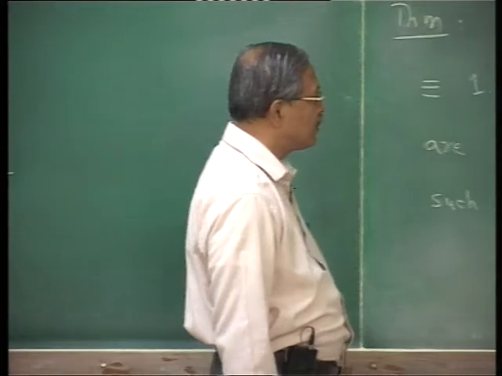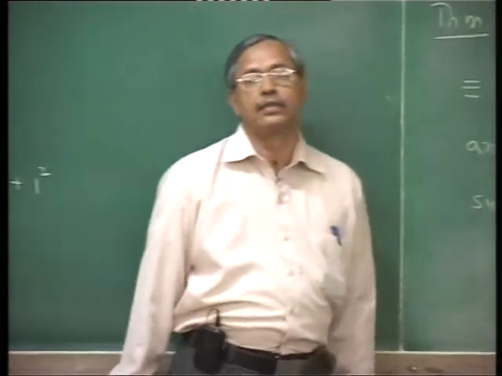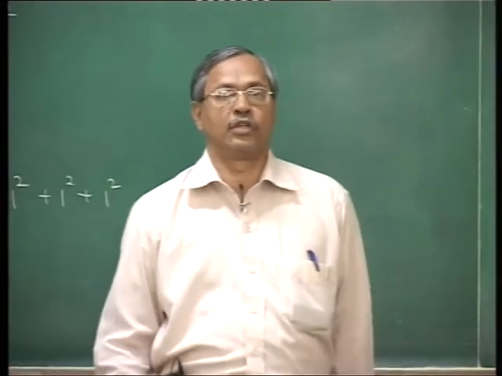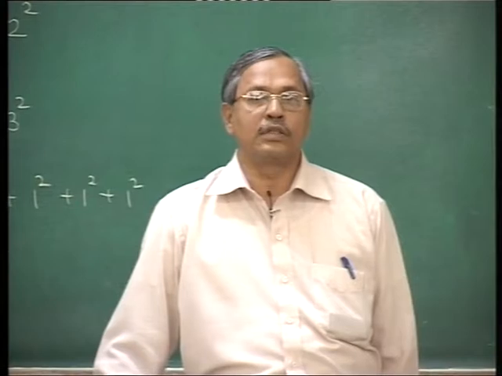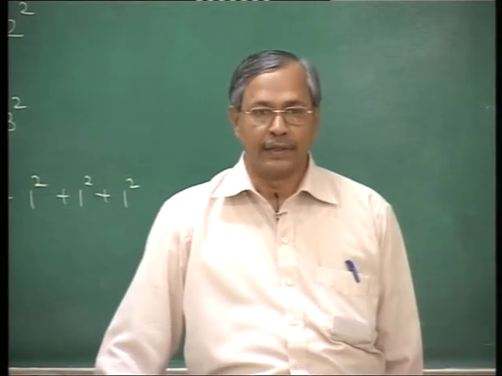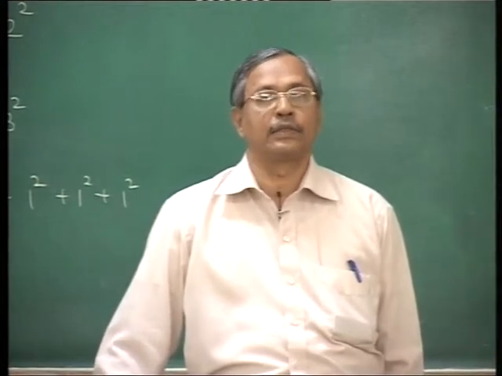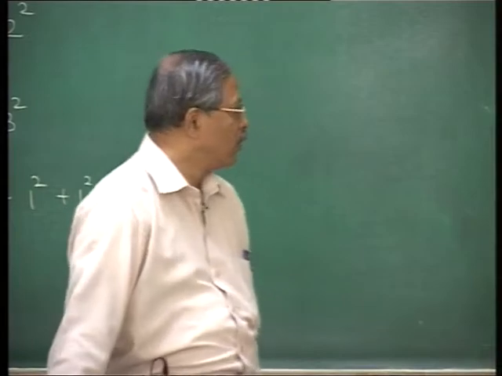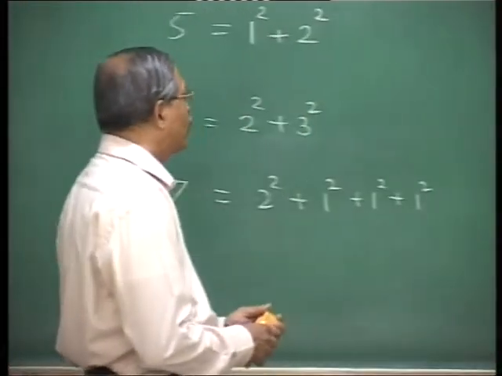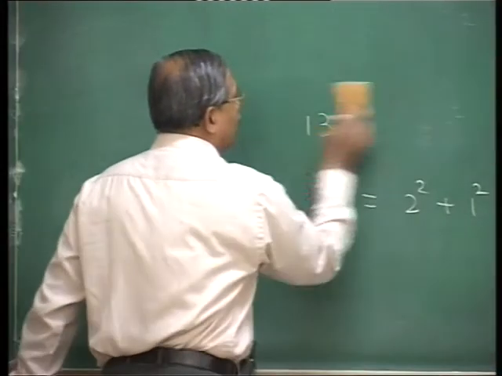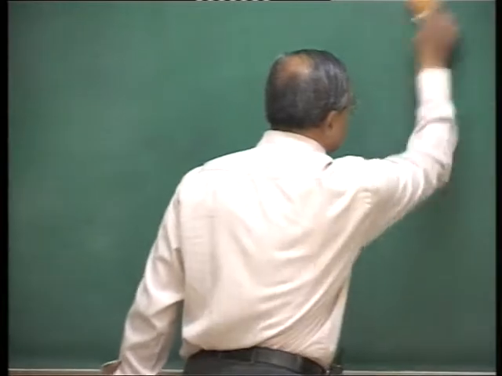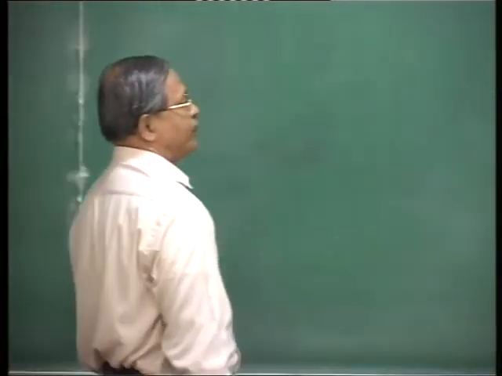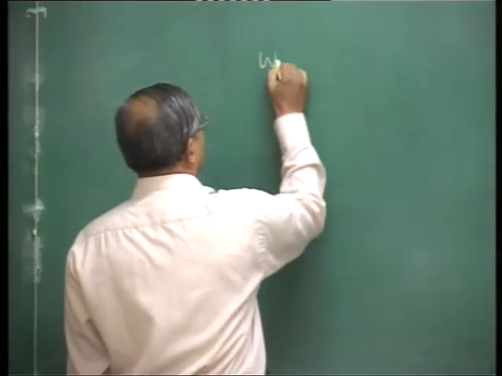The technique for this is the solution for the congruence x square congruent to minus 1 mod p. If p is congruent to 1 mod 4, we know that the congruence x square congruent to minus 1 mod p has a solution. So we shall use,